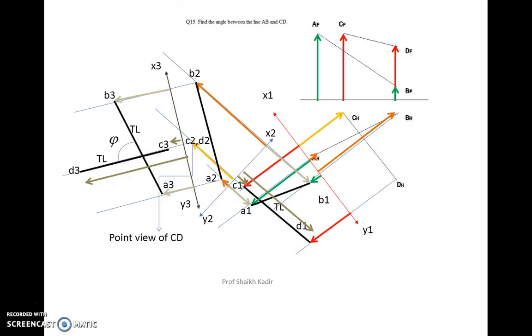Now this true distance will be the distance between the point view of one line, let us say the point view of CD, and the other line AB. So this perpendicular distance will be the shortest distance between lines CD and AB. So this is how we can solve the